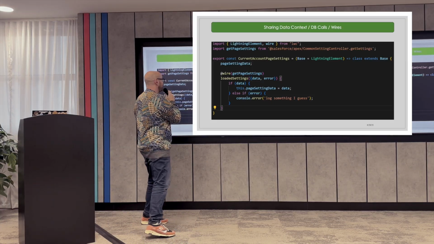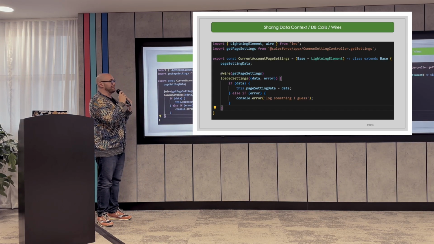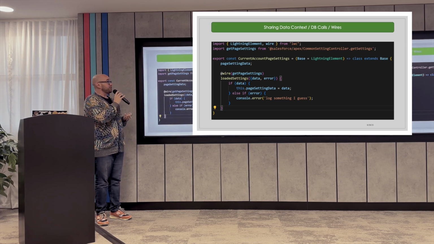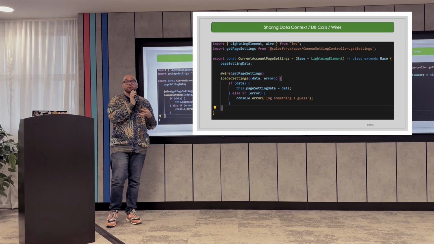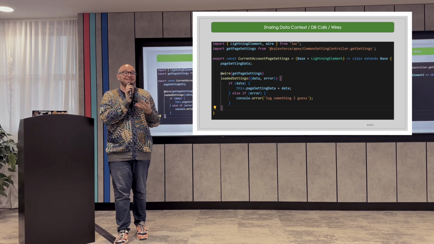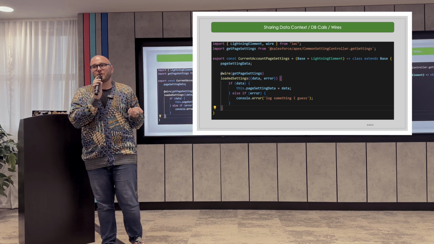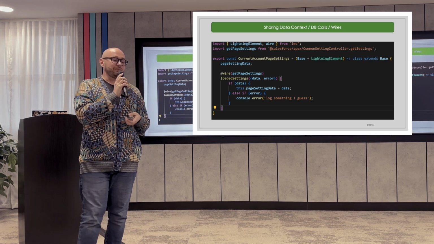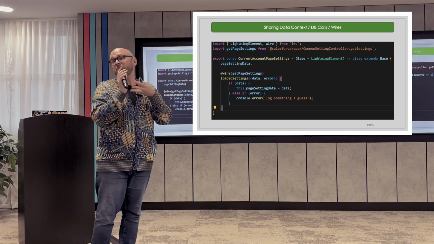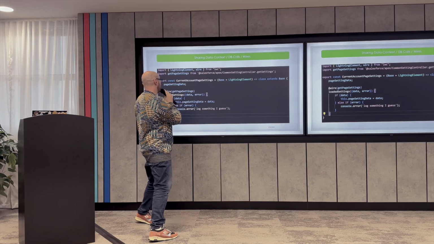Second one, this is one that I've actually used before, and I love this one, it's so good. This is about sharing data context, database calls, wires, all sorts of stuff like that. Because really what you're exporting and what you're extending is a class. And a class in JavaScript, much like any object-oriented language, is just a definition of an entity with a collection of properties, functions, whatever you want to call them. You can actually extend